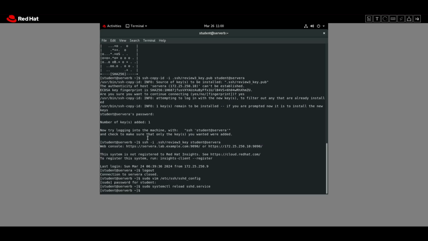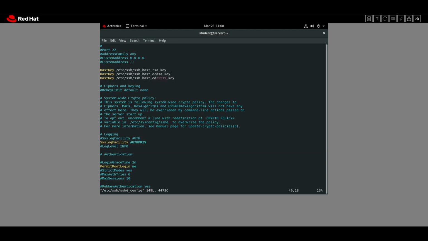Okay. Now the fourth task is, on server B, configure the sshd service to prevent users from using their passwords to log in. Users should still be able to authenticate logins using their private key of the SSH key pair. Okay, so now we have to set the parameter PasswordAuthentication to no in the /etc/ssh/sshd_config file. Okay, so again for that we will use the Vim editor,